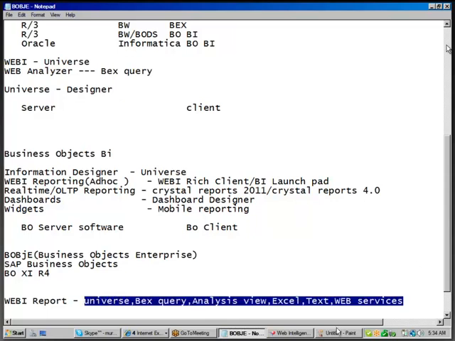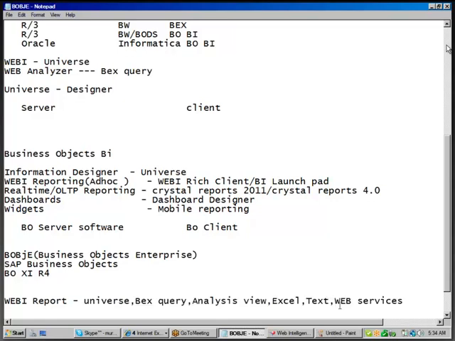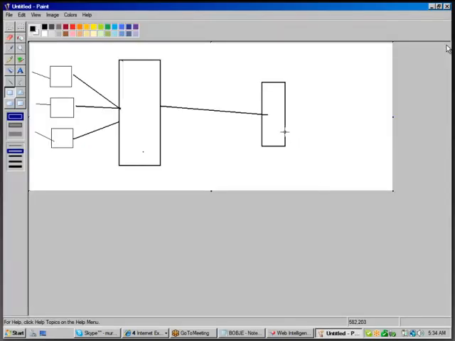But fortunately or unfortunately, in real time, data will most of the time be in the data warehouse. But your WebI report cannot support the data warehouse. You cannot directly create a WebI report on top of a data warehouse. That is the case.